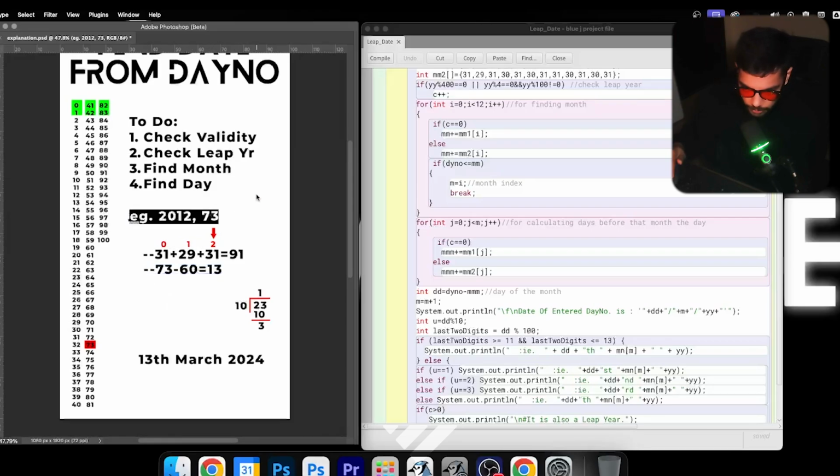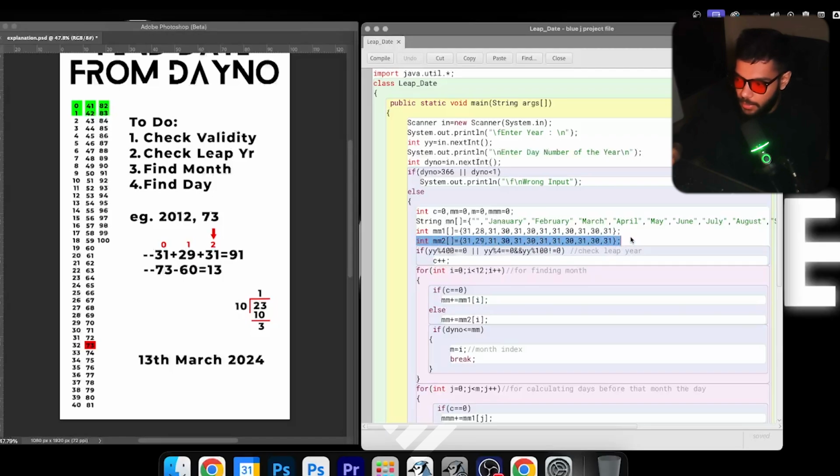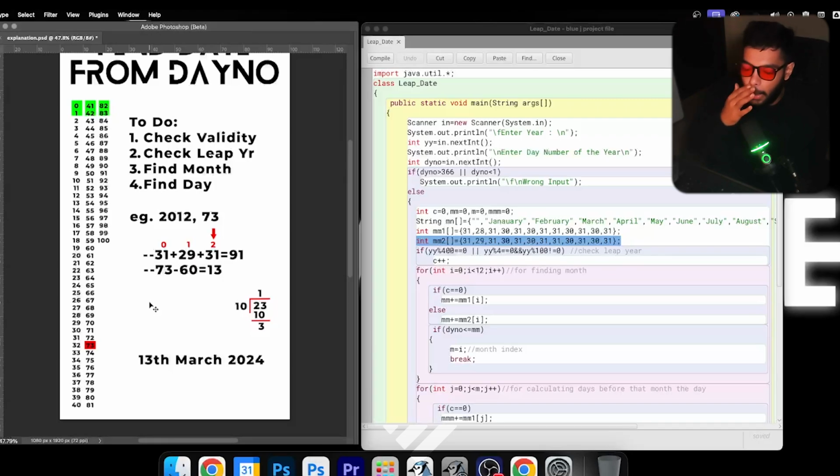We have taken this example. The year is 2012 and the day number of the year is 73. So apparently it is a leap year, if you all know that. So for a leap year, we will use the second array to take the numbers. The logic behind it is that first we have to find the month from the day number. So how we calculate the month is, see,